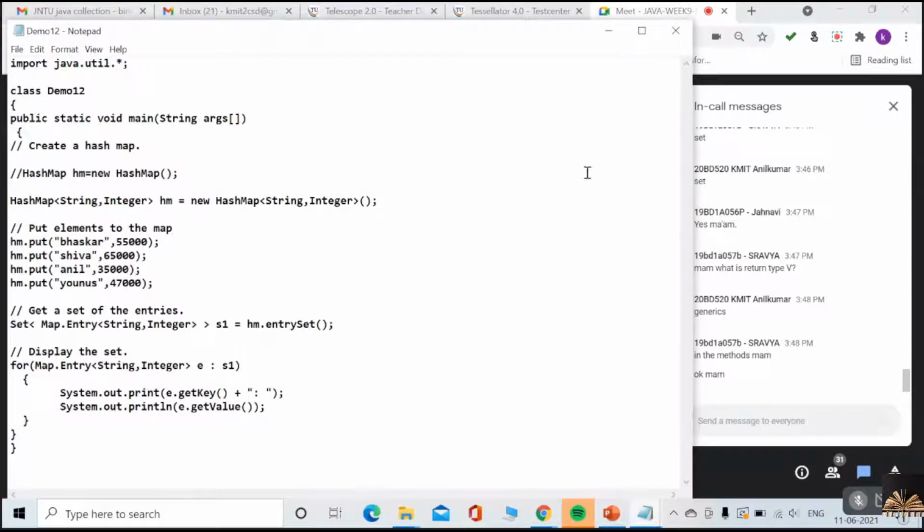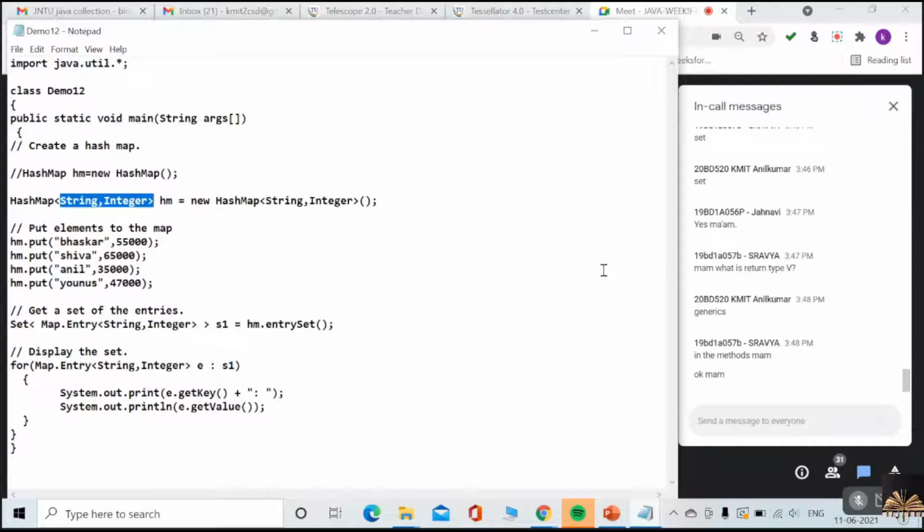Okay, guys, hope you understand what is this string and integer.